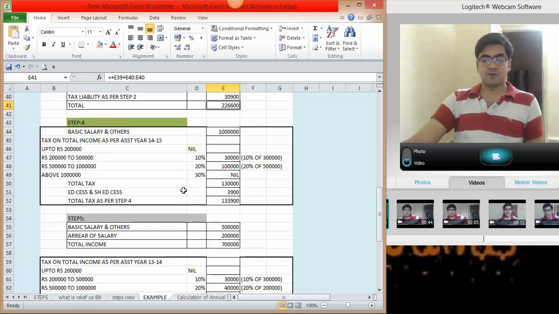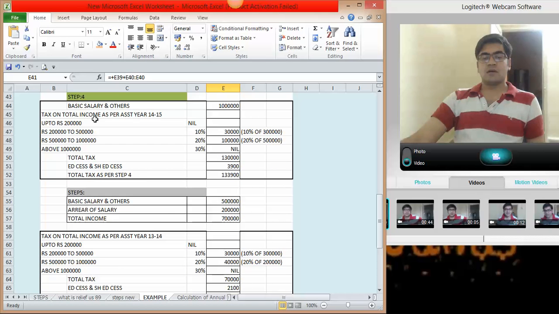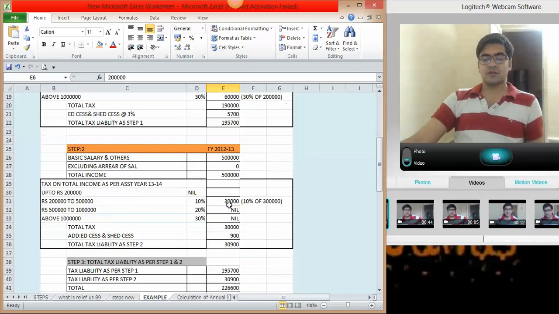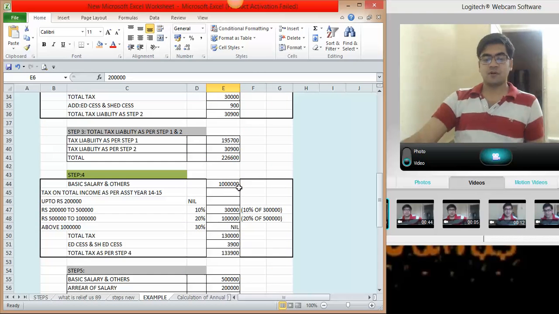So you can find here step 4, basic salary 10 lakh I have taken, basic salary and others. I have ignored this 2 lakh rupees. In step 4, on 10 lakh you need to calculate the tax as per the slab rate